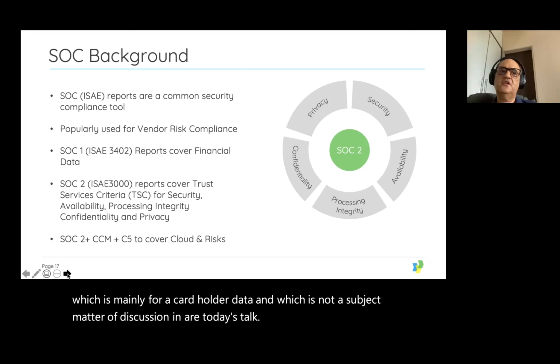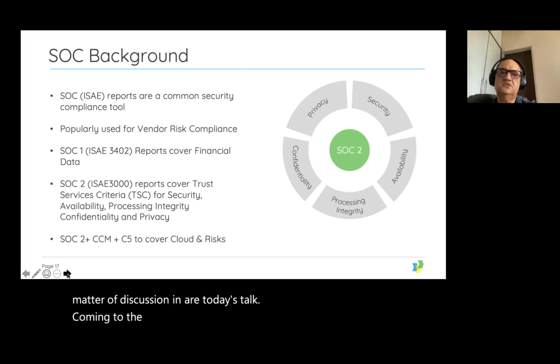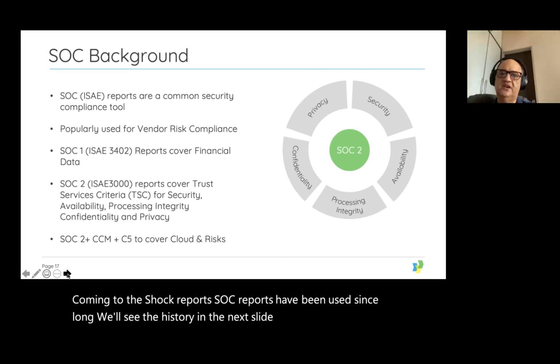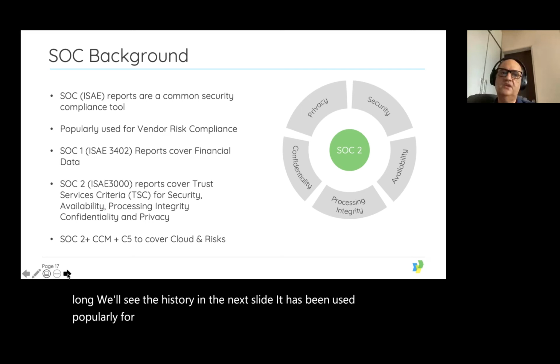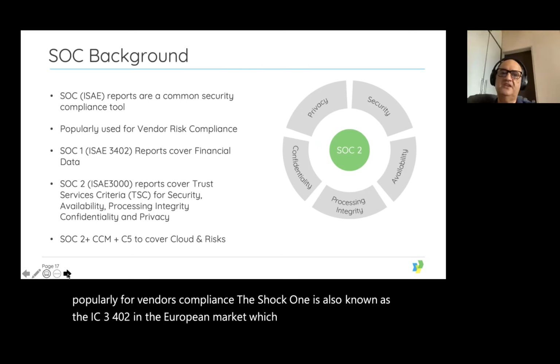Coming to the SOC reports, SOC reports have been used since long. We will see the history in the next slide. This has been used popularly for vendor risk compliance. The SOC 1 is also known as ISAE 3402 in the European market, which reports on controls over financial data.